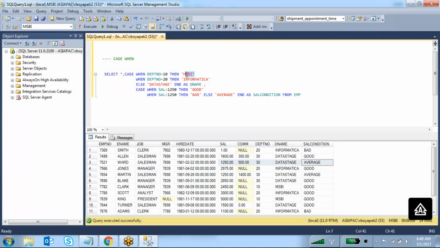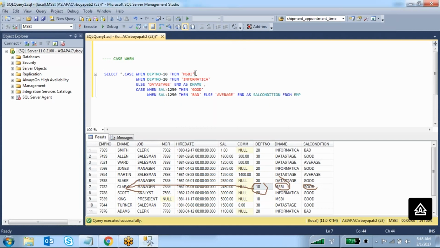Okay, so instead of this MSBA, if you want to print the employee name, for example, if it is department number 10, I want to display the employee name instead of MSBA.